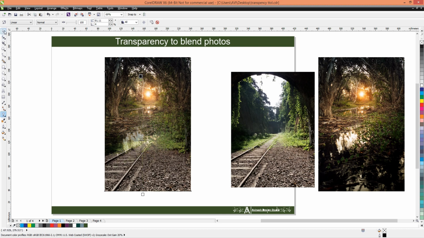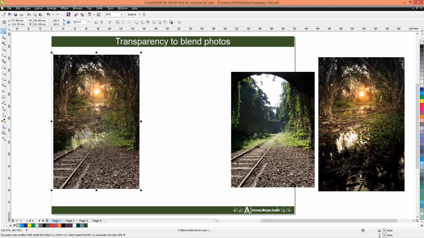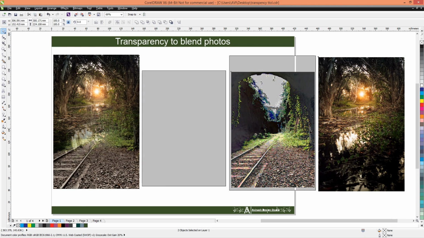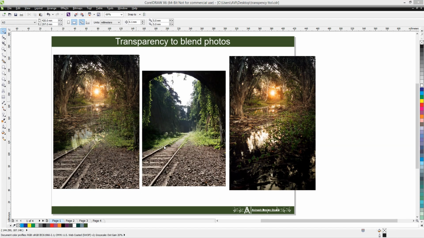Now let's see the difference, guys. These two photos we can now merge just the way we want, to end up with a perfectly blended photo collage. This is my collage picture, two pictures combined into one, and these two pictures were taken at the starting point. Now we are going to use transparency in another interesting way.